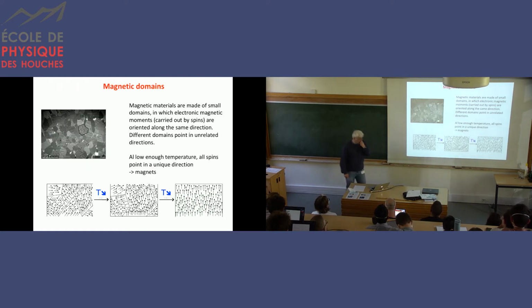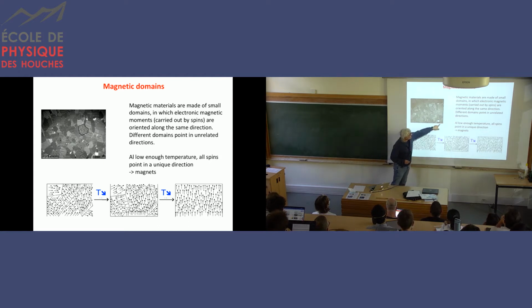The history of the replica approach, and how it was applied and came to very big success, started with magnetic materials. Magnetic materials are materials where you have electrons which carry spins, and these spins can define magnetic moments. Here you see a photo, for instance, of a magnetic material. You see domains. The typical size here is a few tenths of micrometers, so very tiny domains.